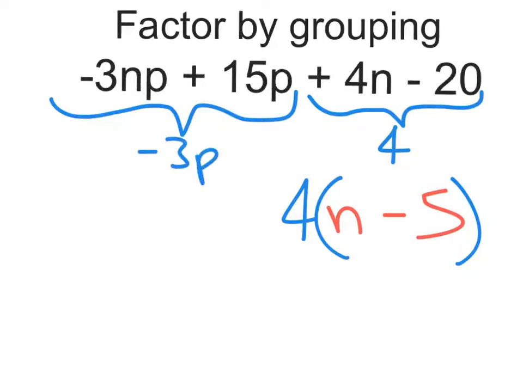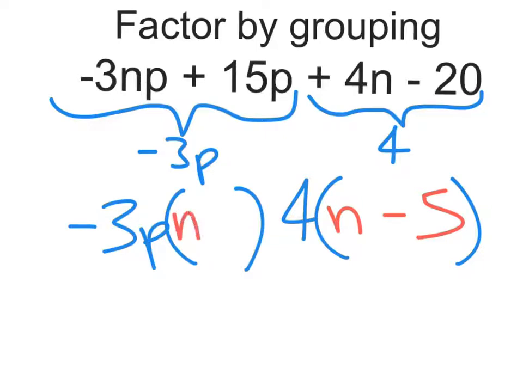So we factored out negative 3p, and when we do, that leaves us with what? Well, we've got now left simply n, and the sign flips when we factor out negative 3. Negative 3 times what gives us positive 15? Negative 5, because a negative times a negative is a positive. And so now we're left with